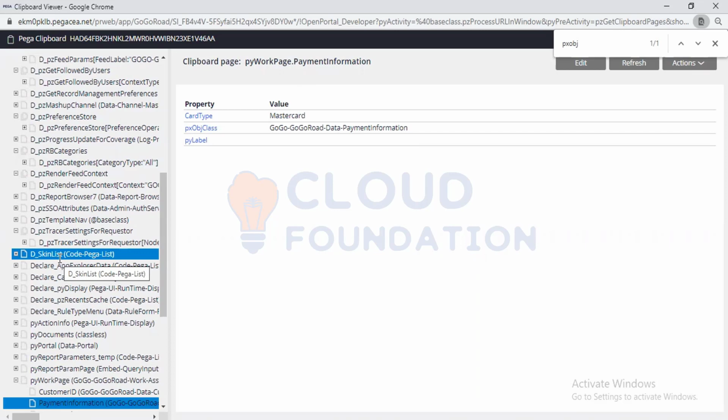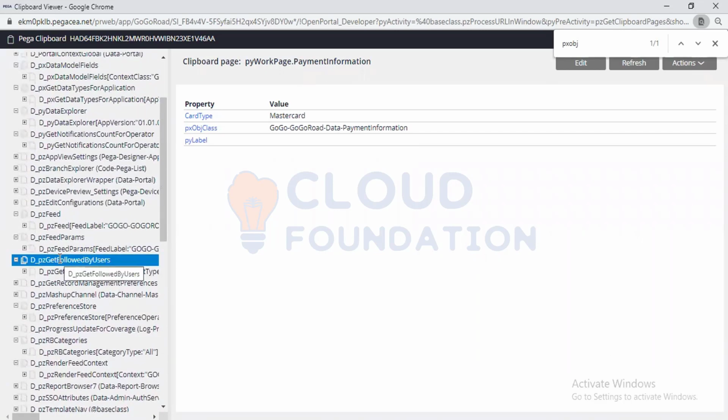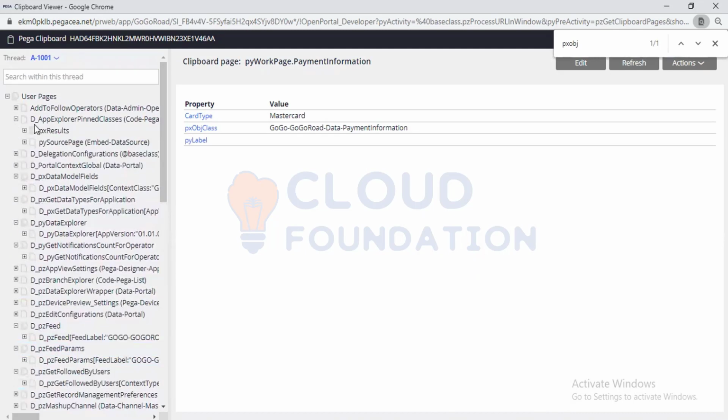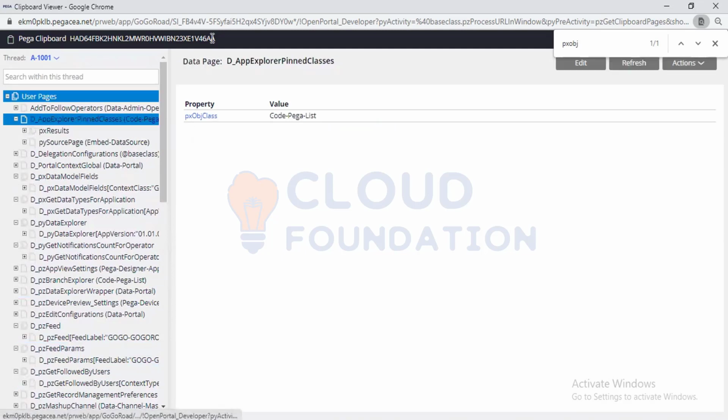How it will actually store is, you will have something called Code-Pega-List. Let me search for Code-Pega-List. See, this is a page list page. Okay, this is the page which has a list of records. PX results is a list of records. If you expand PX results,